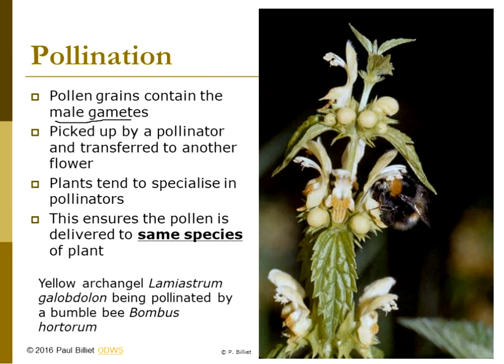Plants tend to specialize in pollinators as well. This ensures the pollen is delivered to the same species of plant. Remember how I said that? This very specific bee works with this very specific flower. No other insects work with that flower. That usually means a specific insect is used for a specific flower, and they both work with each other. The flower adapts and changes with that insect, and the insect adapts and changes with the flower